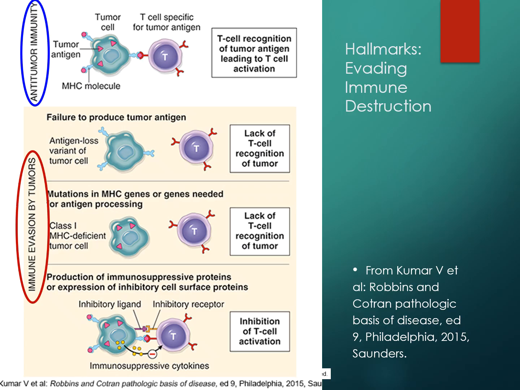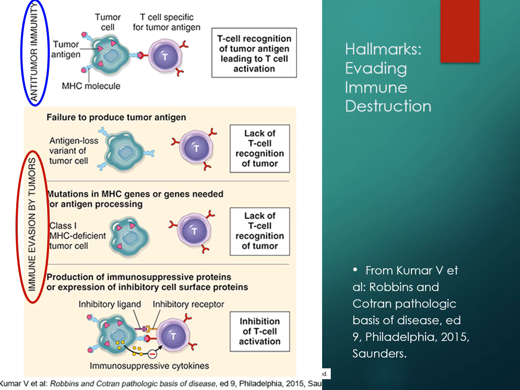And then it presents a piece of it out here that the T cells should be able to align up with, recognize or bind with, and then destroy it. So some pathways that it might use to avoid this, to avoid letting the T cells do their job, is there's no antigen to present.